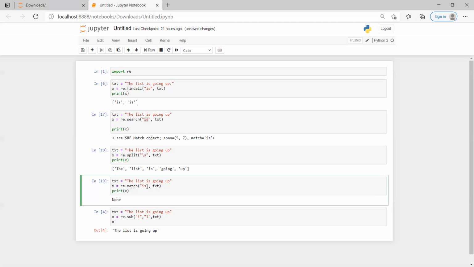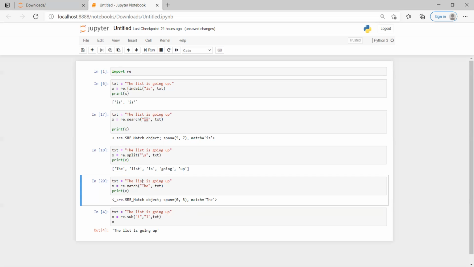That's the reason it gives you None. Again, if I give the starting word back, it returns the span of the particular word we are looking for. Got it? That is search, split and match.